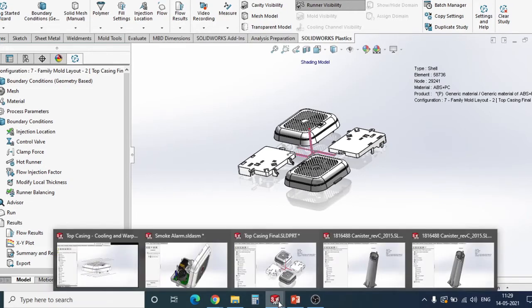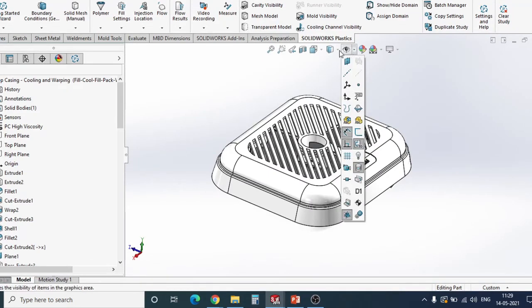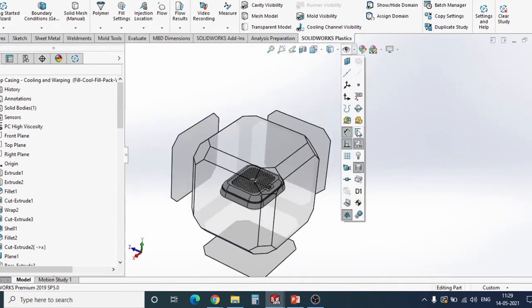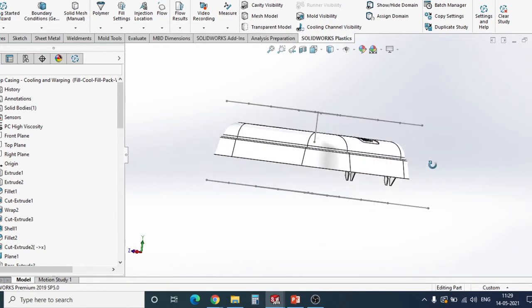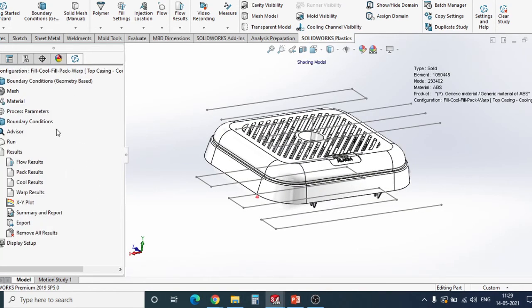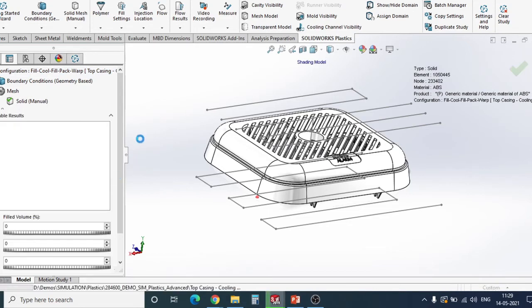Now moving ahead, you can also provide cooling. For the same part, I have just created the sketch for cooling lines. So if you want to add coolants in it, that can also be taken care of. Coolants can be added to extract the heat from your system. And also it plays a very major role in the cooling of your product.